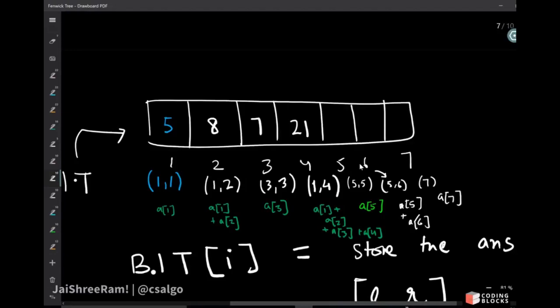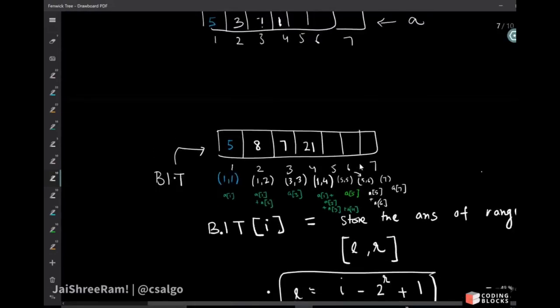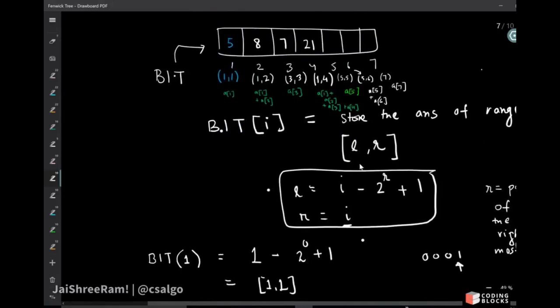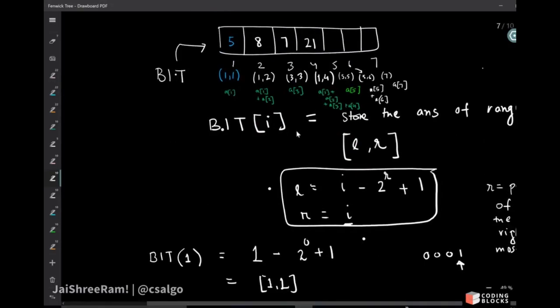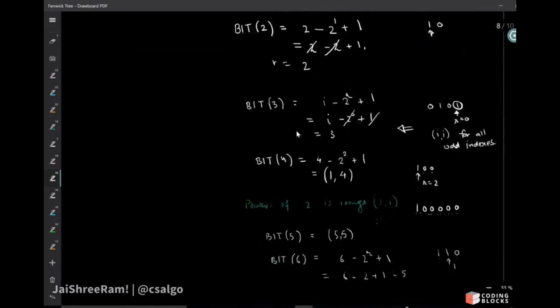मतलब BIT of 7 पे हम सिर्फ एरे 7 को ही स्टोर करेंगे. तो this is how you construct a BIT, right. मतलब कंस्ट्रक्ट की बात नहीं हो रही, this is the definition of BIT, what it stores, right. तो I hope आप लोगों को ये चीज़ क्लियर हुई होगी कि हम BIT में क्या स्टोर कर रहे हैं,